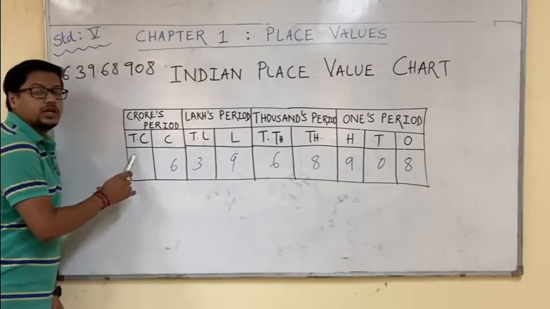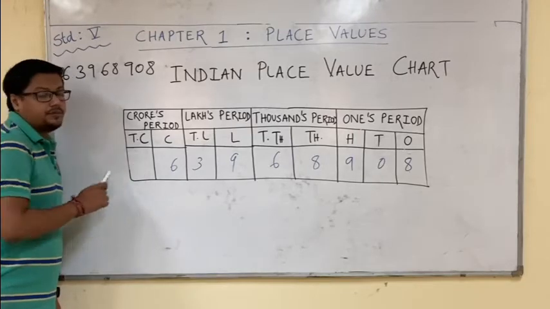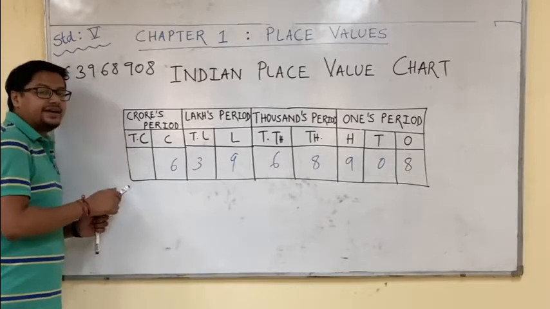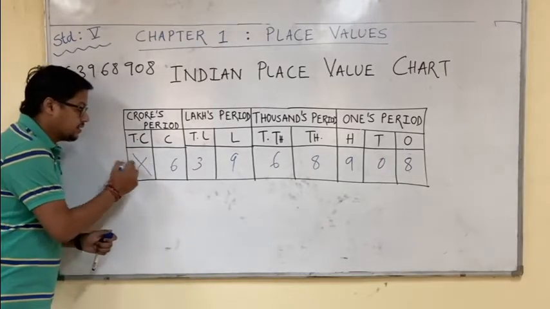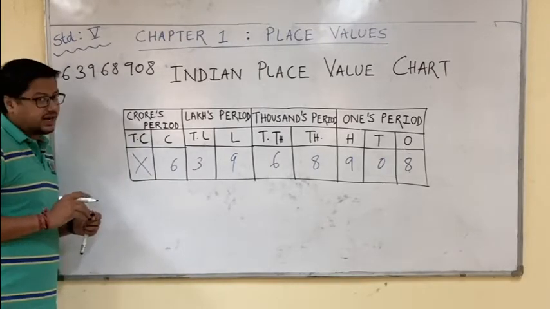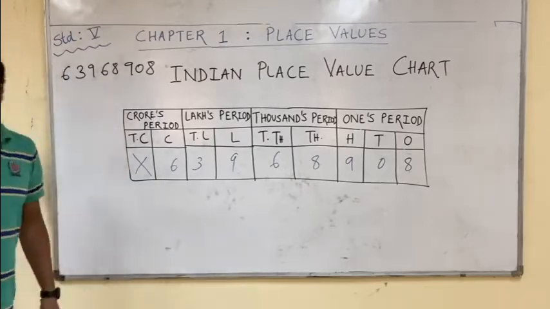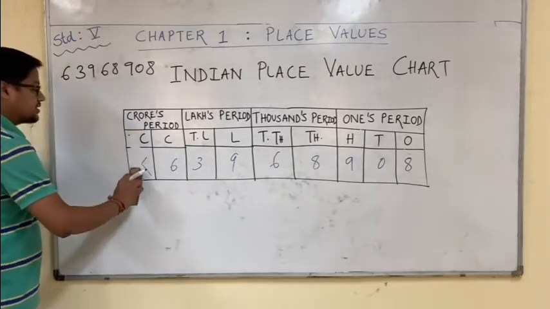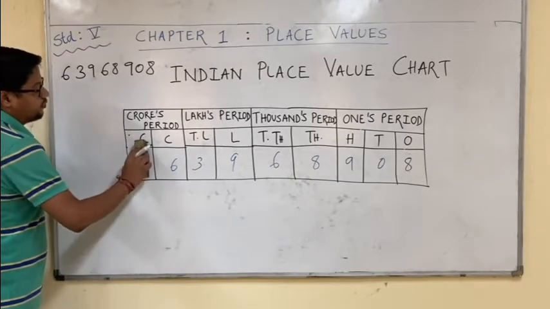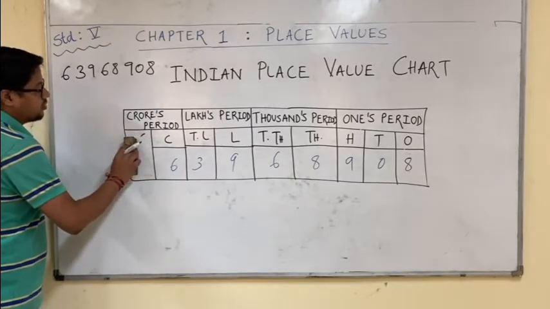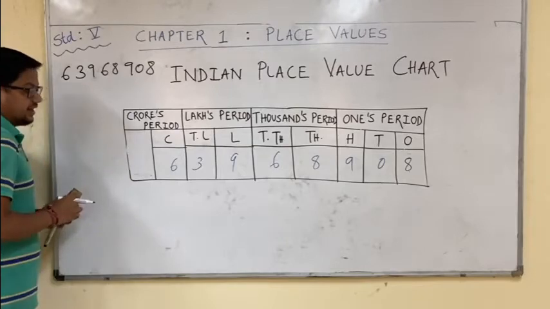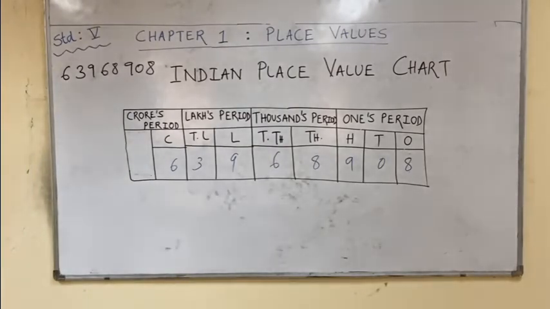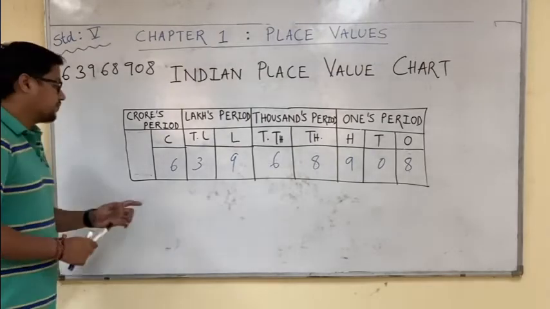There is no requirement of 10 crore place here. So there are two options. Either you write this 10 crore place and put a cross, correct? That is option number 1. Option number 2, you can also totally skip writing this part if you want. Okay, but make sure no numbers are written here so that understanding is proper. Fine. Let us see how we will devise the number name.